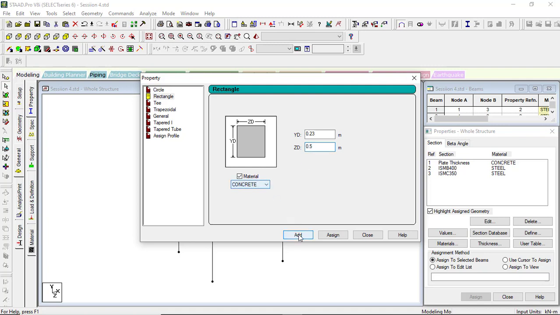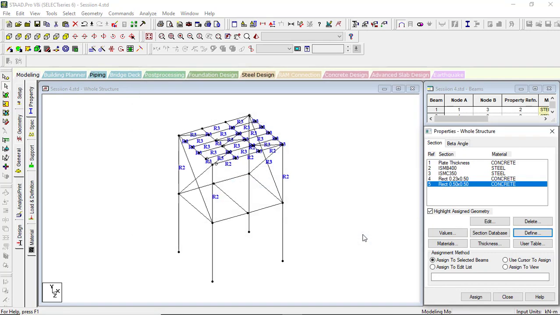Material will be concrete. Click on add, right? So this is my beam. Same way I am going to add column also. So column let us assign as 0.5 by 0.5. Click on add, close.